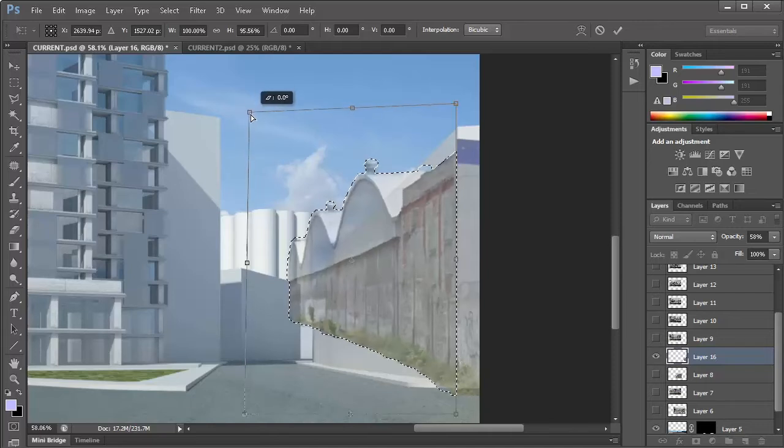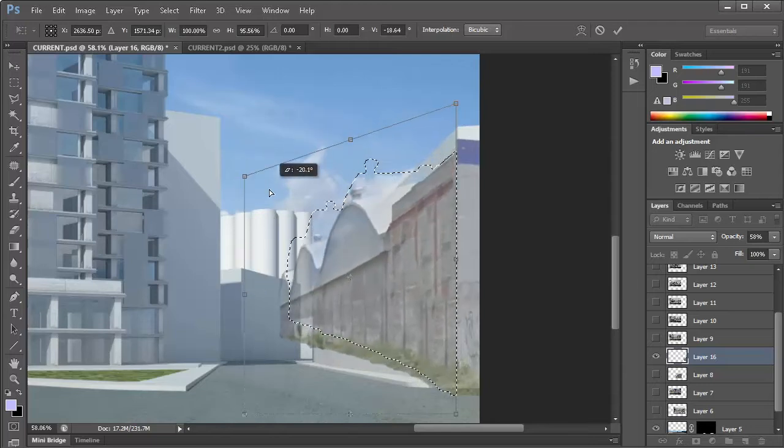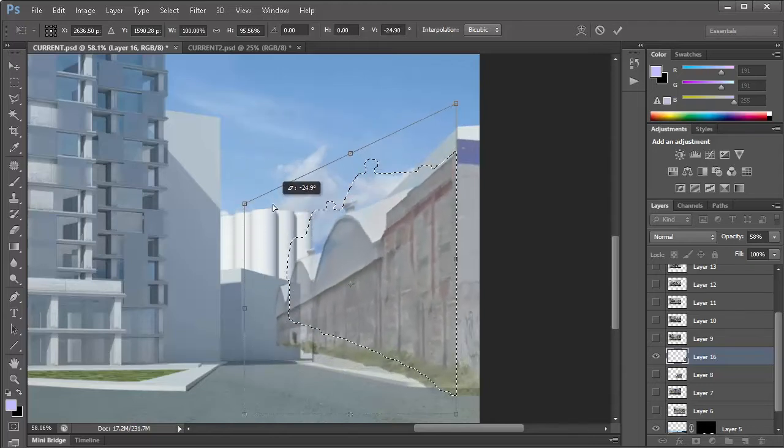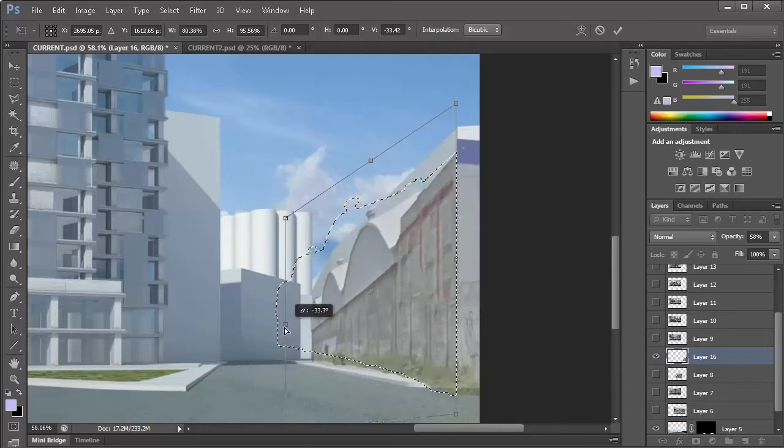Now when you move this, you start to change its perspective. Not letting go of the control, you can start to change it in different ways.